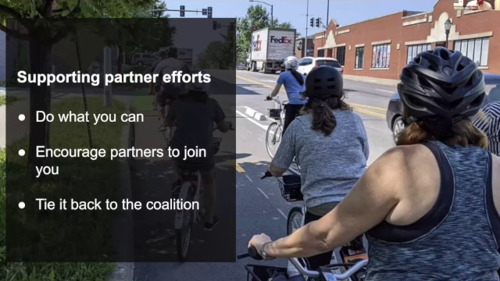So while there may not be constant movement with your coalition's issues, there may be opportunities to support issues for individual members in the meantime. Do what you can. Not every advocacy request from a partner is something you can do, either because it may not fully align with your own mission or because it requires a level of effort or involvement you simply can't commit to. Even if you can't do everything that is asked, offer to do what you are capable of.